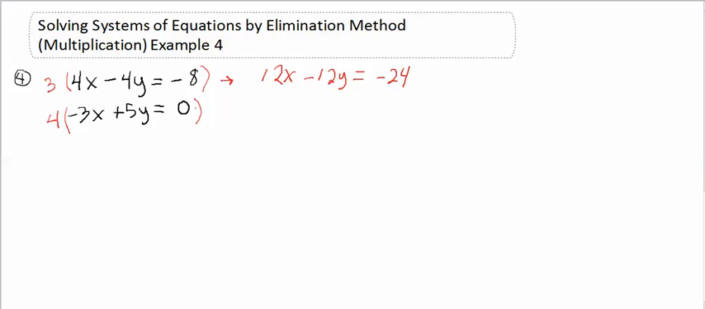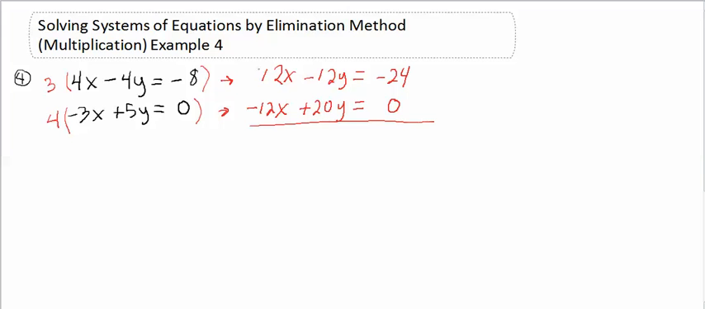And now I'm going to multiply by 4. 4 times negative 3 is negative 12x. There you go, I did eliminate my x's. 4 times 5 is positive 20y, and then 4 times 0 is 0. Okay, draw my line, and now I can start eliminating, because now I have a positive 12 and a negative 12,